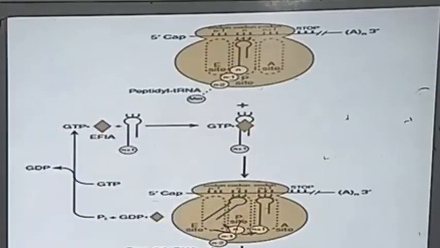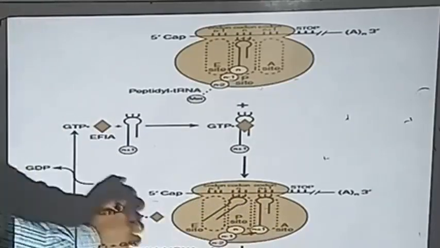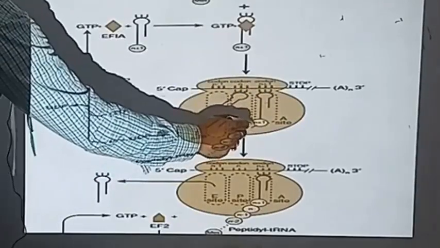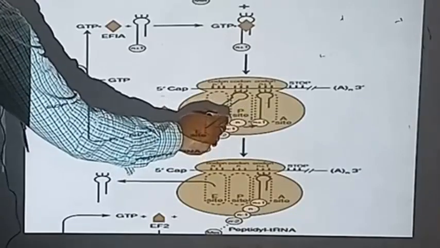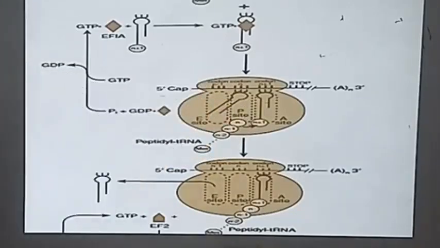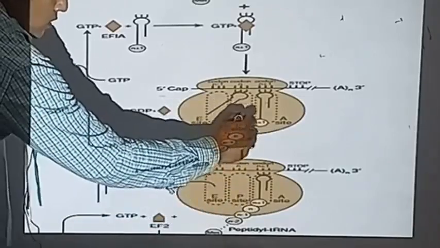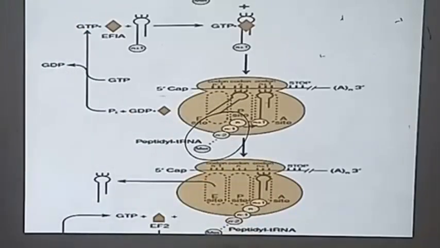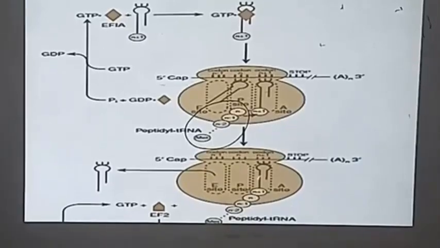You see this A site, right? So once this A site is occupied by this aminoacyl tRNA, there occurs nucleophilic attack of the alpha amino group to the ester bond which is there in the polypeptide chain linked up with the tRNA, and as such the whole polypeptide gets shifted to the tRNA present in the A site, right? Once it gets shifted, you see your P site is free, your E site is free, and then the translocation is going to occur.